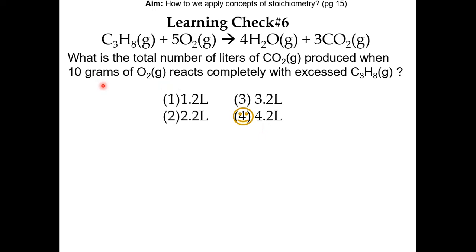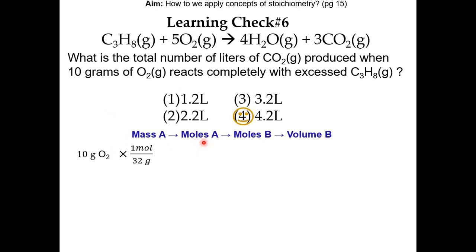In the question, we're given mass and we're solving for volume. So our general strategy is mass of A to moles of A to moles of B to volume of B. We are given 10 grams of O2. Our first step is to convert it to moles. To do that, we divide it by the GFM of O2, which is 32, and that gives us